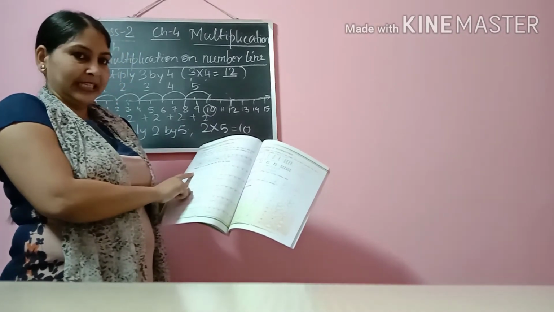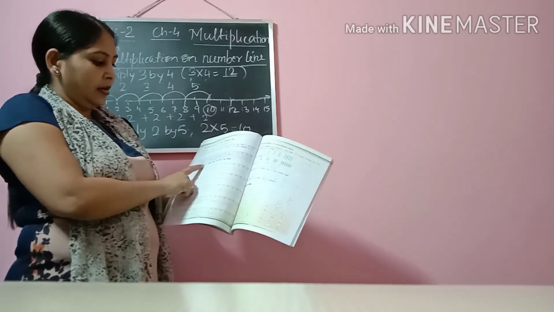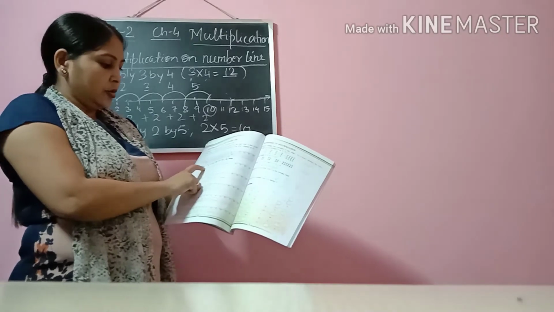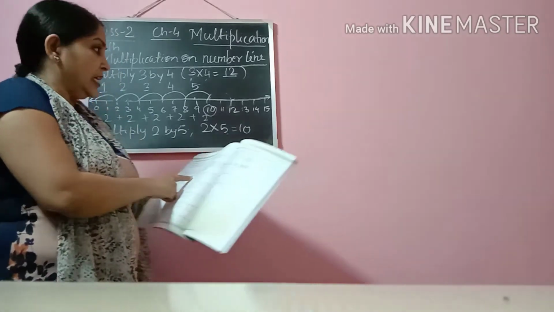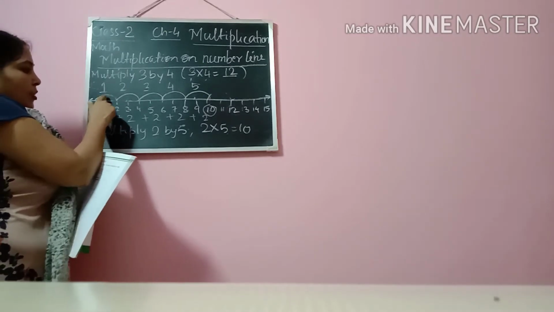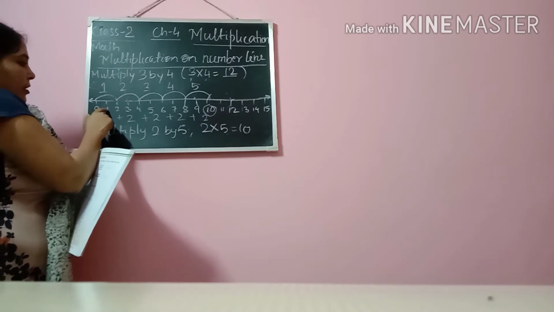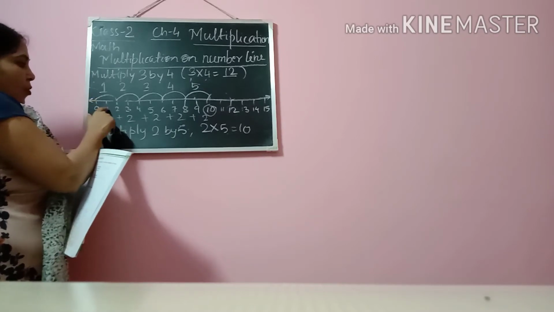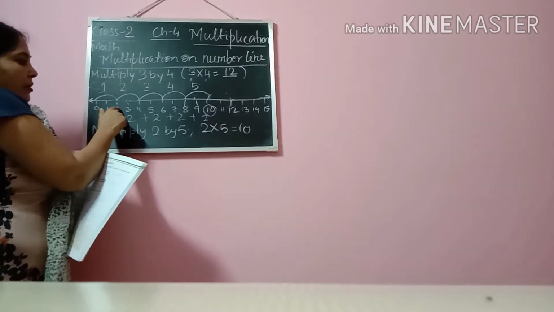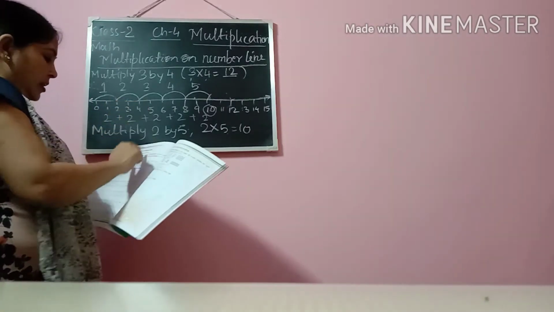So every time we are skipping one number. From 0, 1. Again from here, 1. Okay. So 1 number we are skipping every time. Same here, from 0, 2 numbers, 1, 2 and then we have started from 0, 1, 2. Then 1, 2. These 2 numbers we are skipping.